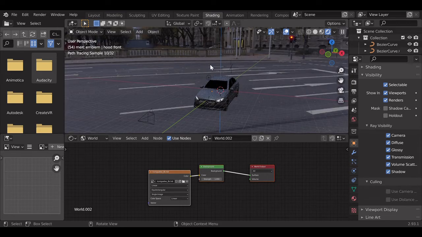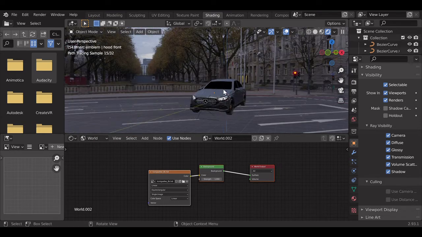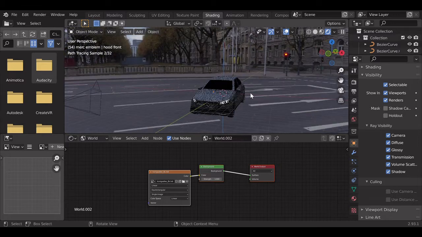Okay, so it's loaded up, and right now this is how it looks with the HDRI in the background. Usually when you add an HDRI in the background, you want to try to fit the object that you have with the background. So in no case does this really look realistic. Even if I zoom in and try to move it around, you can see that it doesn't really look realistic, and the reason is there are no shadows.